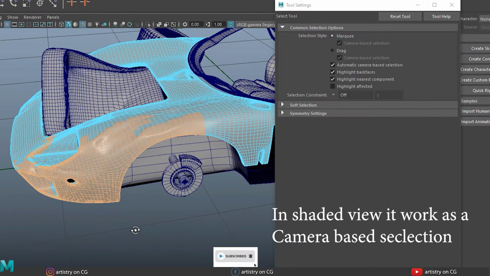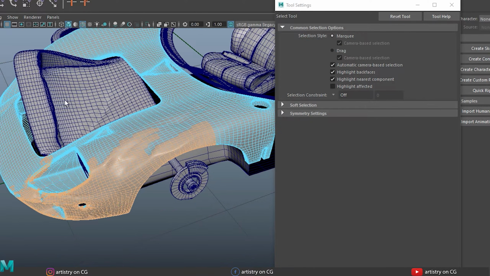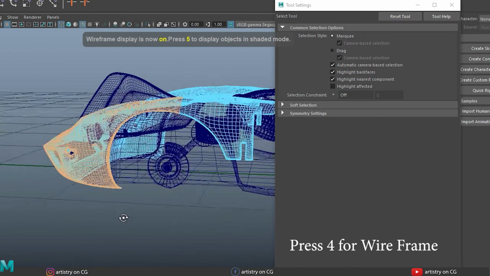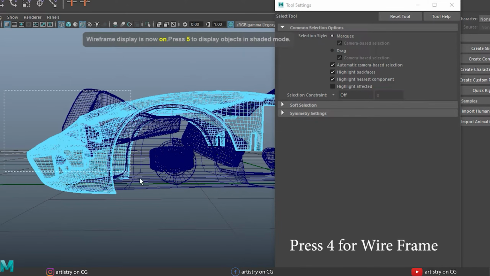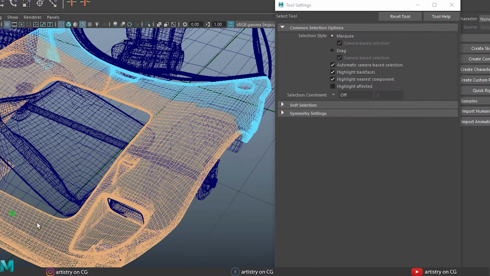In automatic camera based selection, this will work as camera based selection and select only the side view faces, not the back side of my model or object. But if I press 4 and switch to wireframe view, then drag a selection here, you can see the selection goes all the way through the model and sees through all the back side.